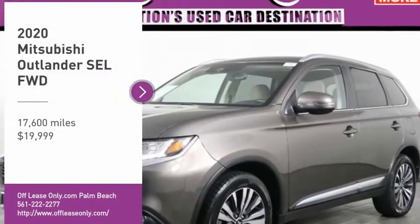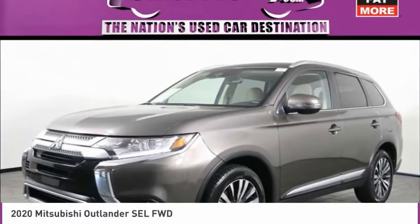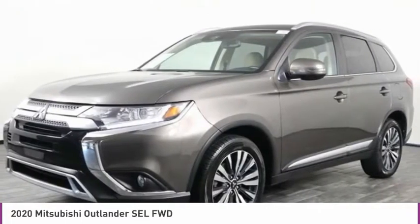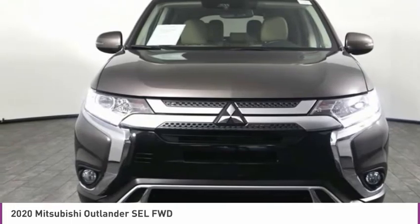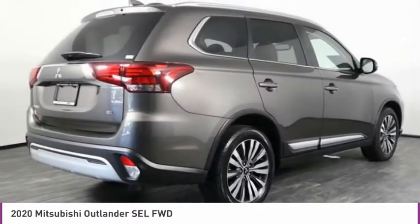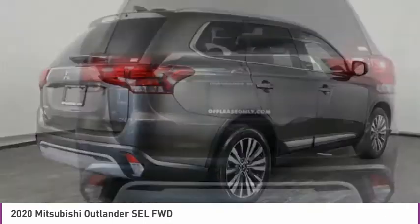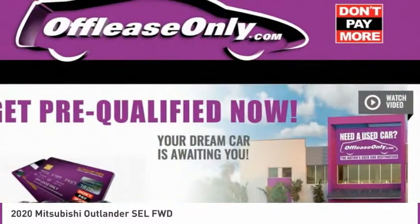Stop by and take a look at the 2020 Outlander. A versatile crossover with power to spare, Outlander boasts an upgraded level of interior comfort and advanced technological features to give you control over every element of your drive. With super all-wheel control and a 5-star frontal and side impact crash test rating, peace of mind comes standard and